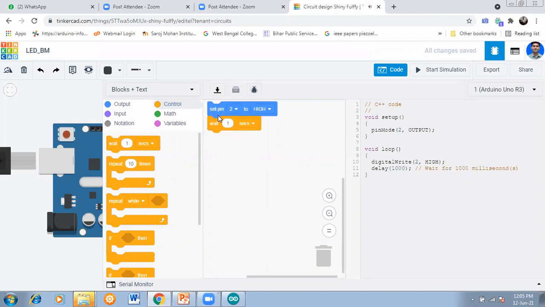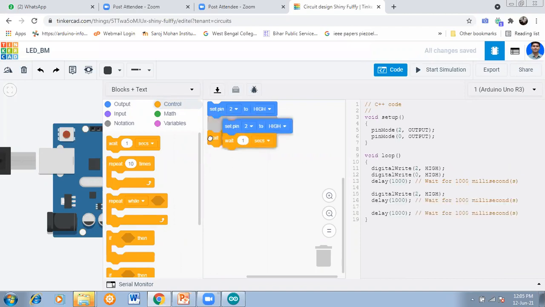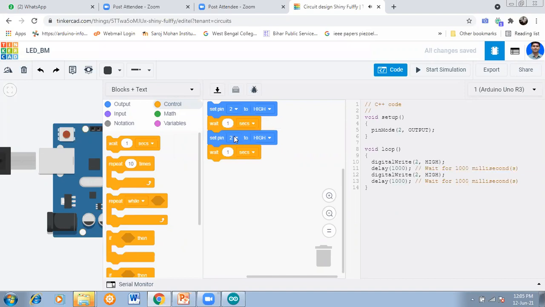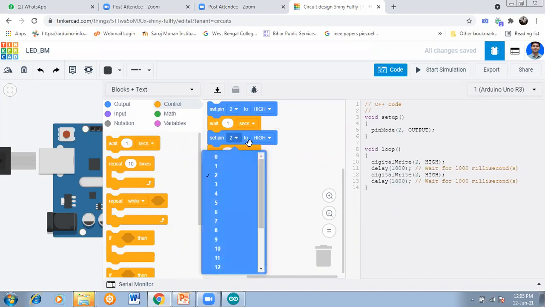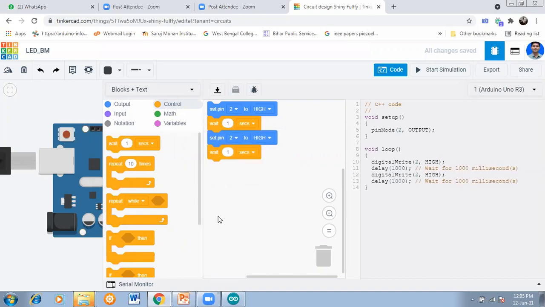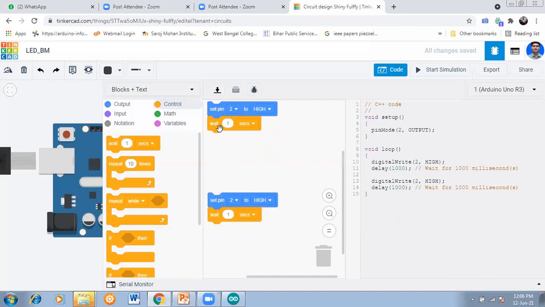Now you duplicate all the block. And now that should be pin number 3. Sorry, here it should be low. Now 1 second wait, then okay.